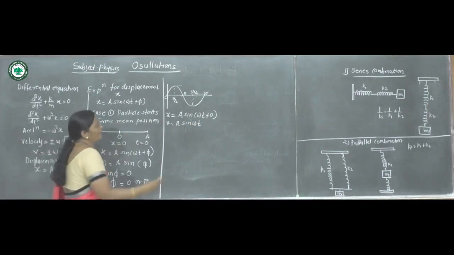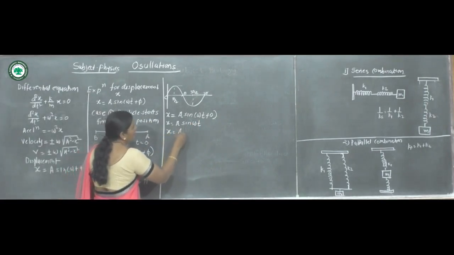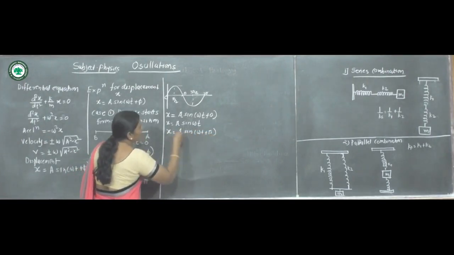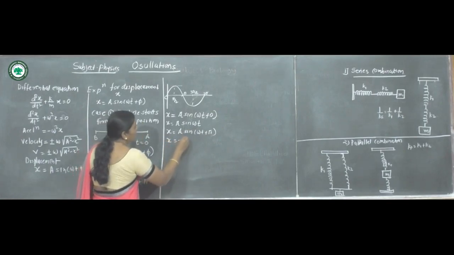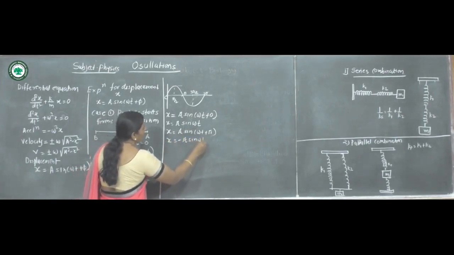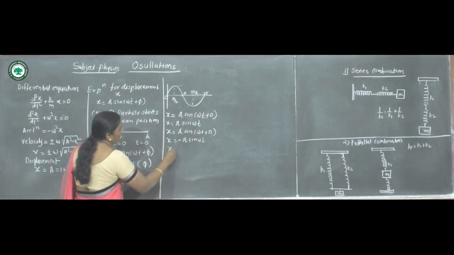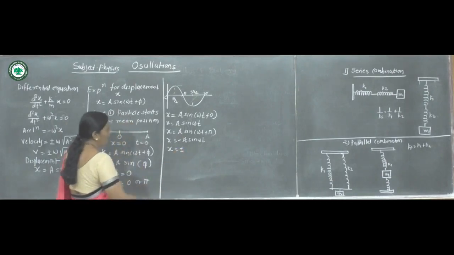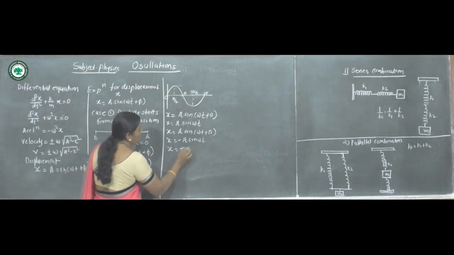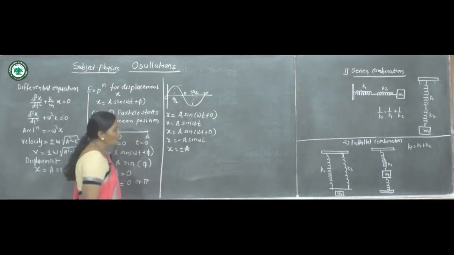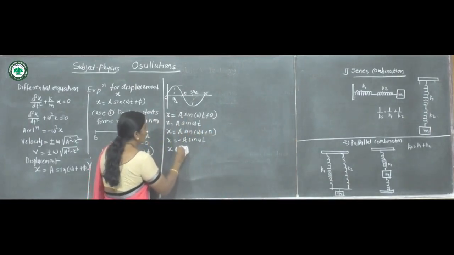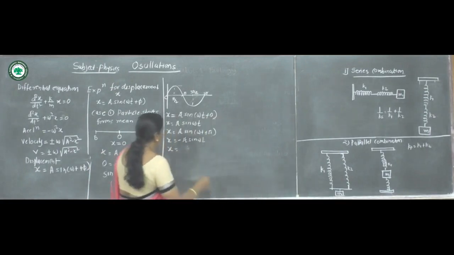Now suppose we take another angle, that is x is equal to a sin omega t plus pi, then it gives the value x is equal to minus a sin omega t. Therefore the displacement at the mean position is plus or minus a sin omega t. Here we can say the displacement at the mean position is a sin omega t.